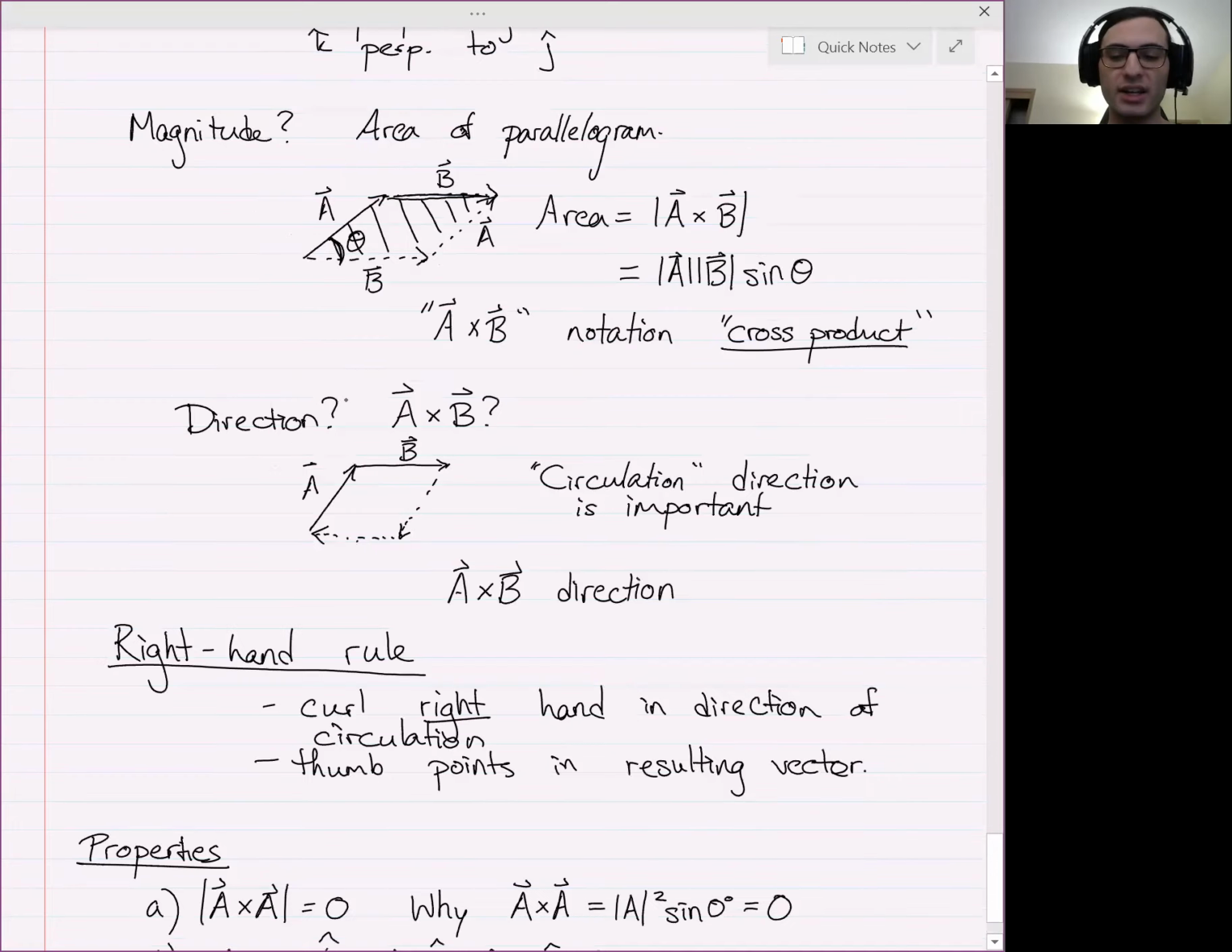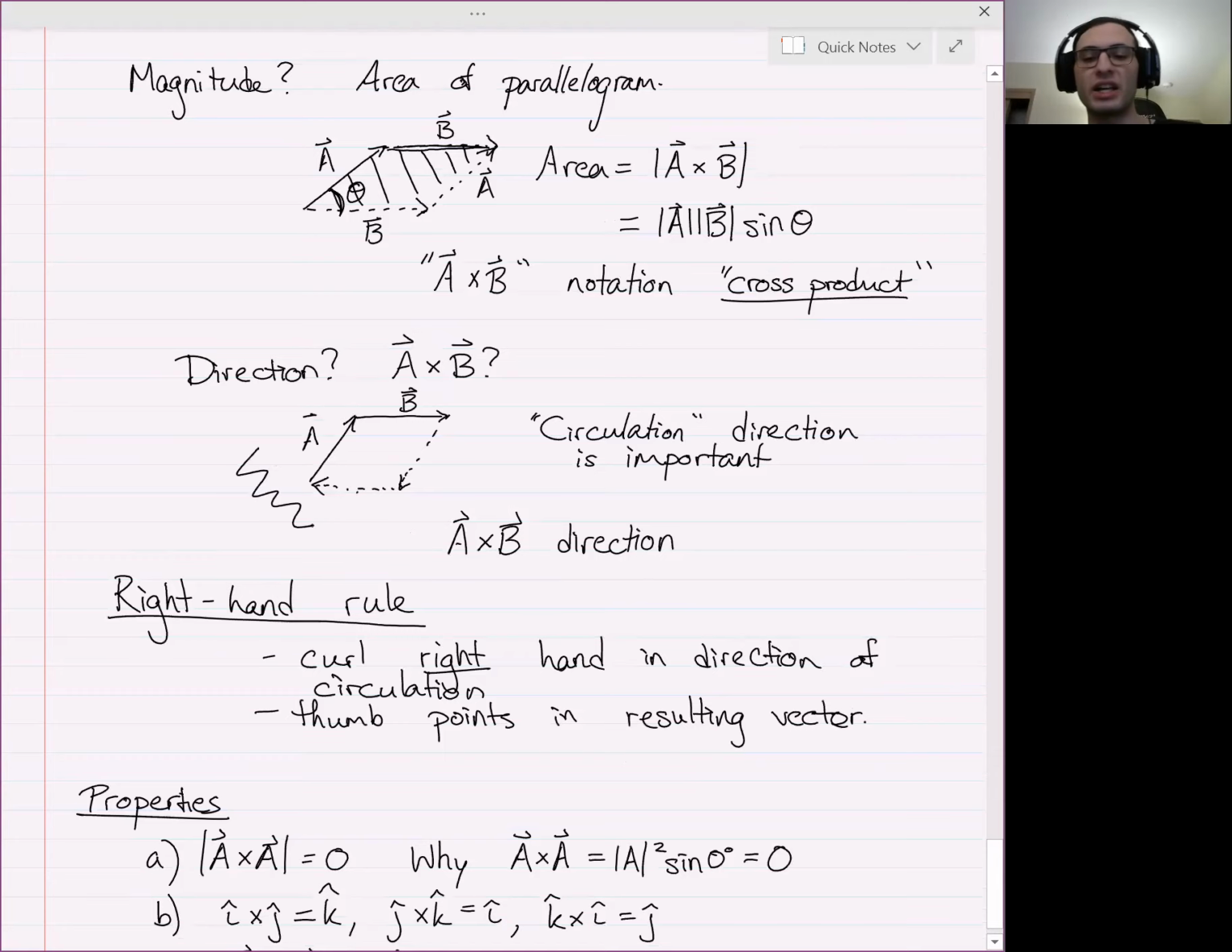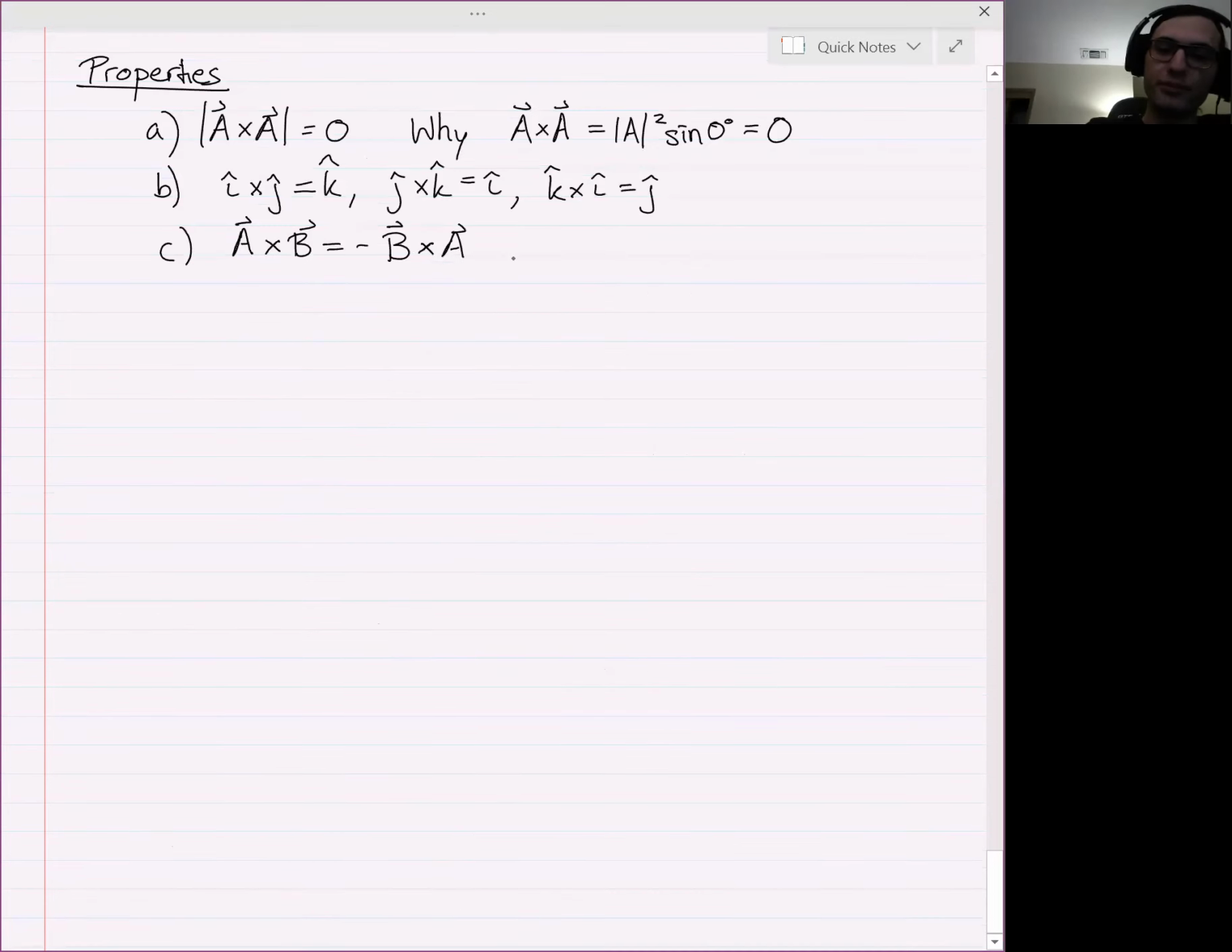If I had done this circulation business in the opposite order, if I had put the tail of A on the head of B, it would have circulated in the opposite direction. And by the right-hand rule, that would give you a vector that points in the other direction, hence multiplication by a negative sign. So that's really important, and people do tend to mess that up frequently. So just keep that in the back of your head at all times, that whenever you're dealing with cross products,